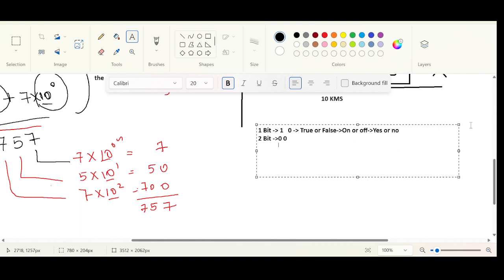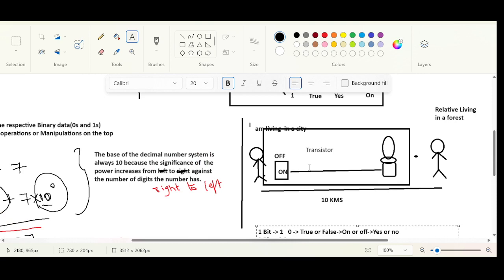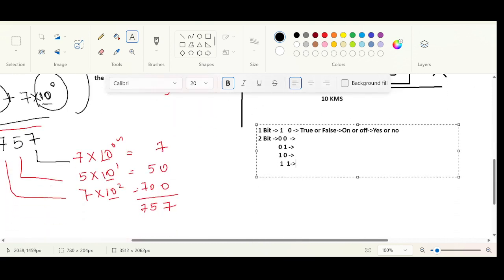I can keep the 2 bulbs turned off, or I can keep one bulb turned on and the second bulb turned off. I can keep the other one turned on and the second one turned off, or I can keep both bulbs turned on. So when you say that your memory size is 2 bits, you are potentially able to pass 4 combinations of information: 0 0, 0 1, 1 0, 1 1. You can use this analogy to transmit 4 kinds of information: 0 0, 0 1, 1 0, 1 1,